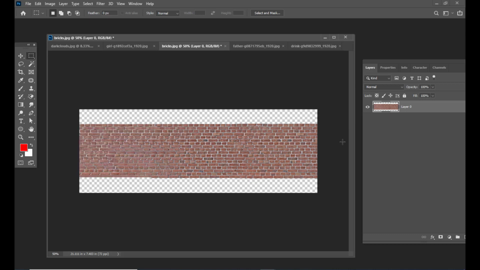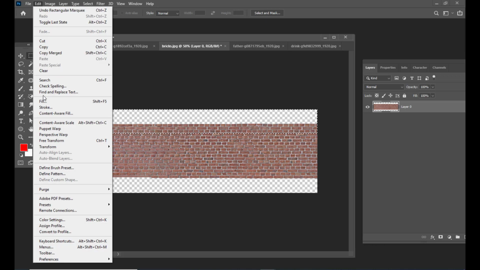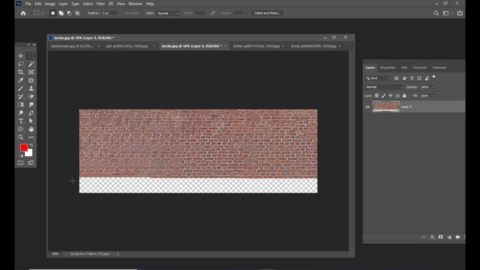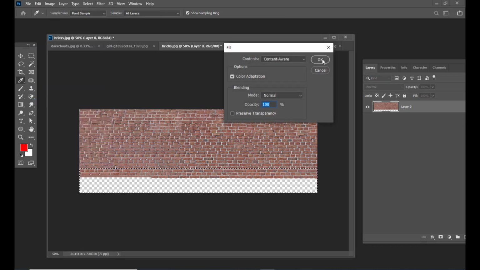See, we have extended the bricks pattern, and we will do the same thing vertically, on top and bottom. We just have to draw a selection till here, a little bit inside the image, and then again go to Edit and select Fill, Content Aware, and the same thing we'll do at the bottom: Edit, Fill, Content Aware.